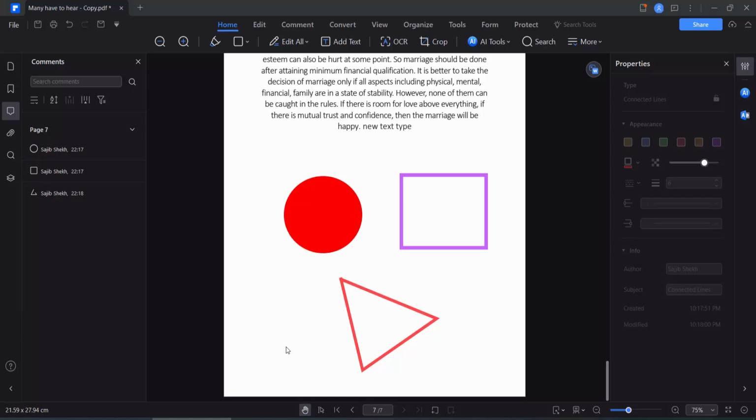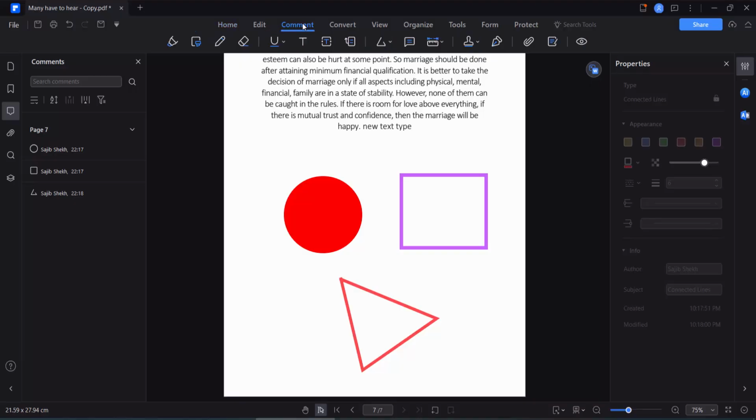Hello everyone, today I will show you how to move or change a shape position in a PDF file using Wondershare PDF element. Open your PDF file with Wondershare PDF element. Now click on this comment option and this bottom option. Here you will find this select option, and select. Now click on this shape